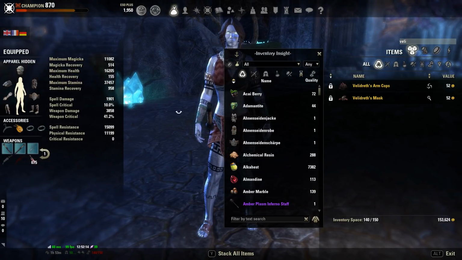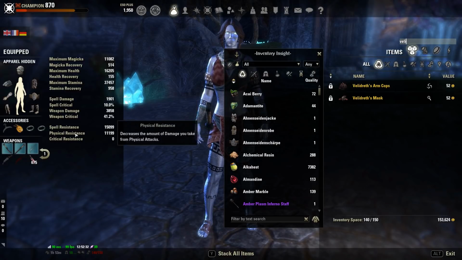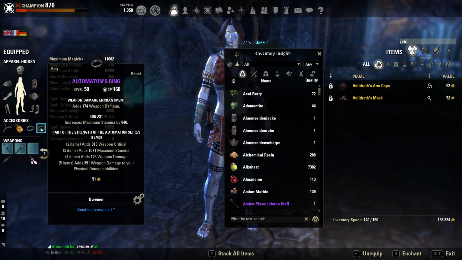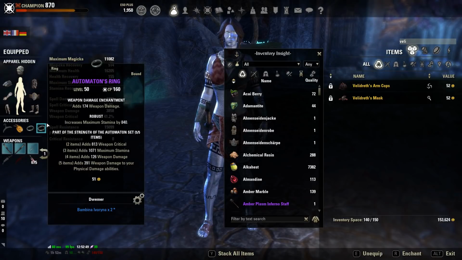And we only have physical damage abilities, which is nice, except for Poison Injection. Poison Injection is the only ability that is not physical damage. But you still have a ton of base weapon damage, of course. So it's not like Poison Injection doesn't deal any damage anymore because we use Automaton. Automaton is really, really strong on Stamina Templar and on Stamina Sorcerer. And when we use 2 body pieces here, of course, both Divines, so 5 Automaton, and the second 5-piece set